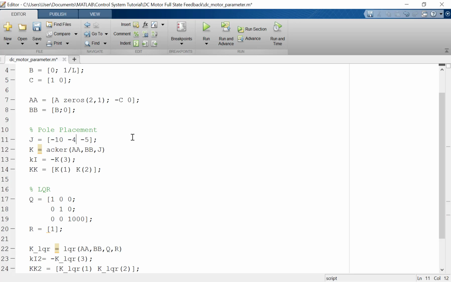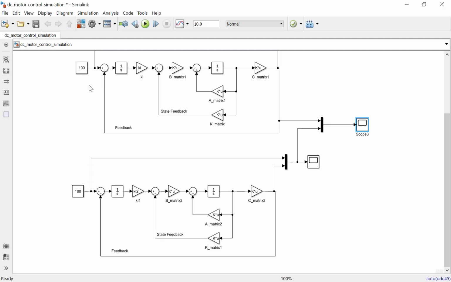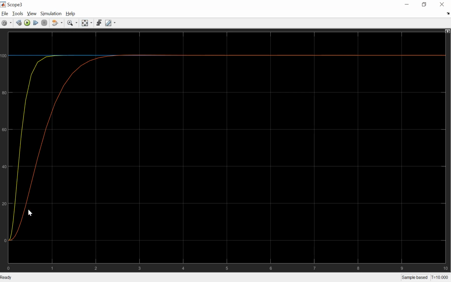We will change to -10 for the pole, and run the program again. This is the result. If the pole is more negative, it will have a faster response, and the orange is the LQR.